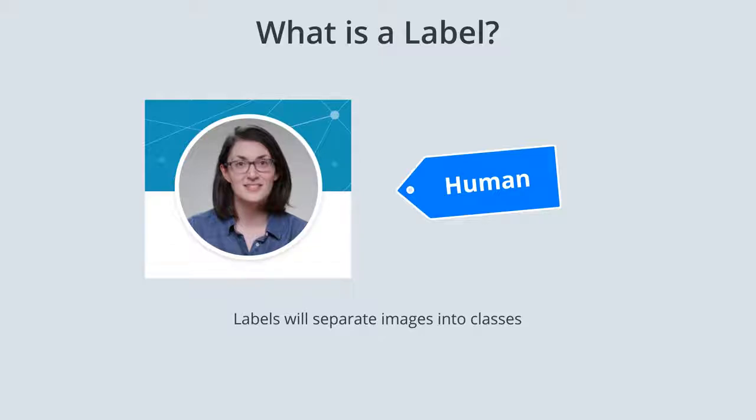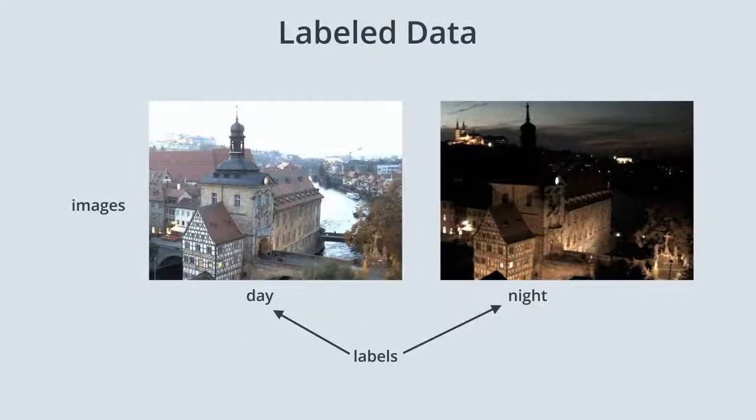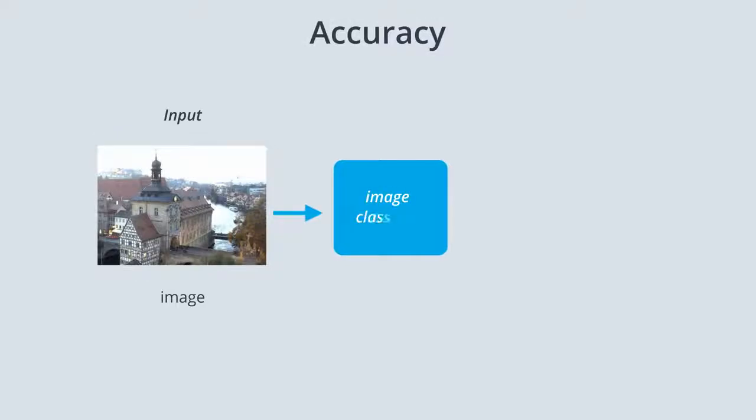So for the image datasets we work with, we should have as many labels as we have classes. In the case of our day and night images, we have two labels, day and night. Now, why do we need these labels? You can tell if an image is night or day, but a computer cannot unless we tell it explicitly with a label. This becomes especially important when we're testing the accuracy of a classification model. A classifier takes in an image as input and should output a predicted label that tells us the predicted class